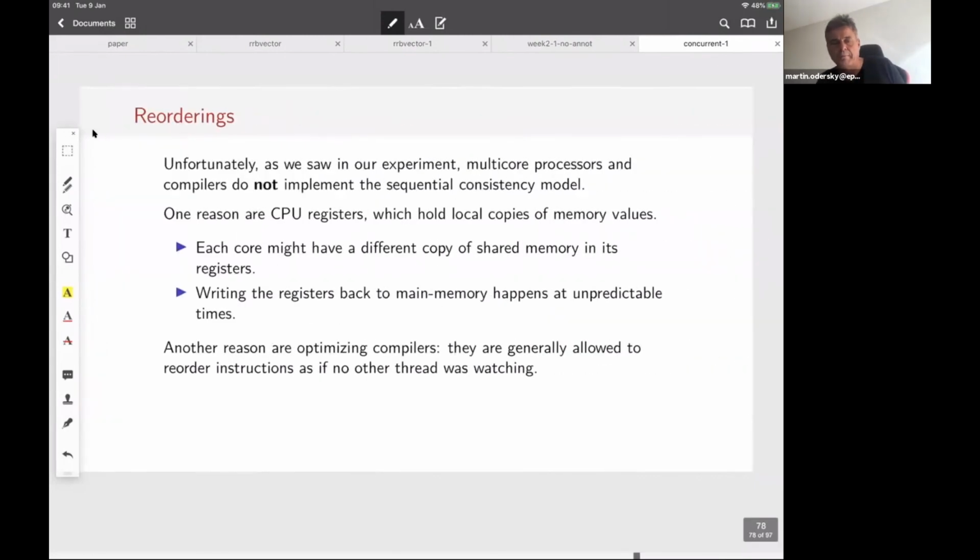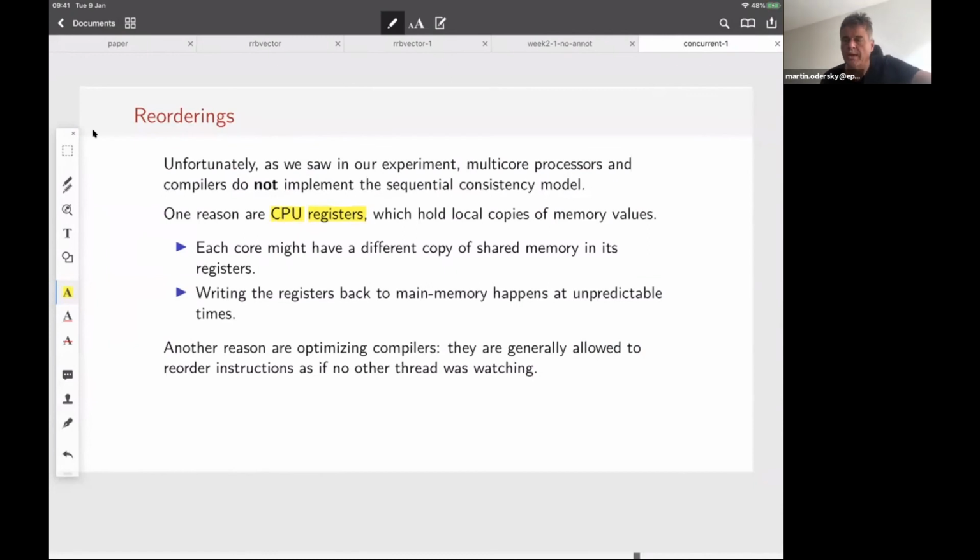So why not? One reason is CPU registers. Registers hold local copies of memory values, and if we update a register or we write a register to main memory, then typically that goes into a write buffer. That means it will be flushed to main memory at some point, but that point is in the future.